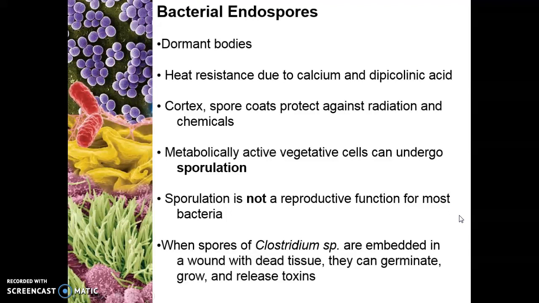But rather, the vegetative cell, the metabolically active cell, senses that the environmental conditions are getting poor, the nutrients are going away, the moisture is going away, it's getting too hot. It can go through that sporulation and make itself safe. Right? You can kind of think about it as